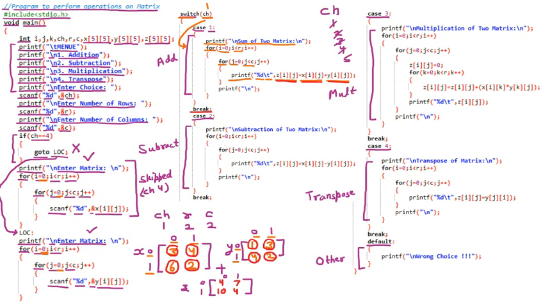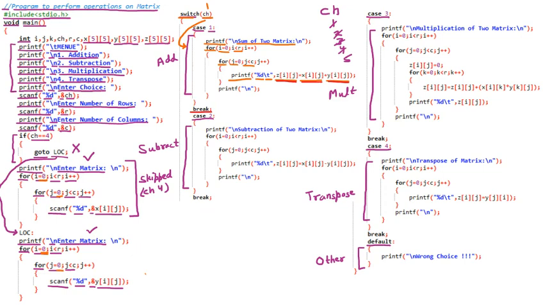Now we are taking the same example for the case 2. So now we are taking the same program for the case 2. So let us suppose the user has entered the case as 2, and afterward the user has entered the same rows and column, these are 2 2. So again we are going to ask from the user for the two matrices, because we are going to perform operation 2. Operation 2 means subtraction. So we are going to perform the subtraction here.